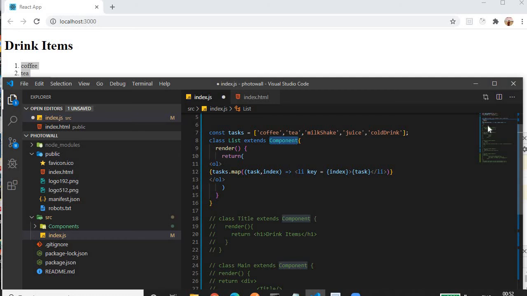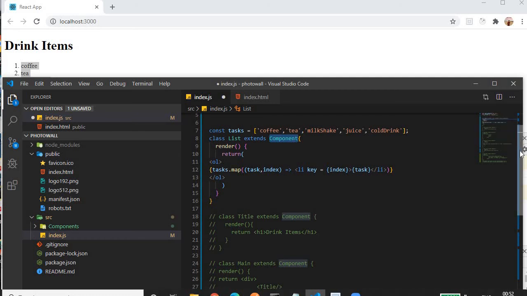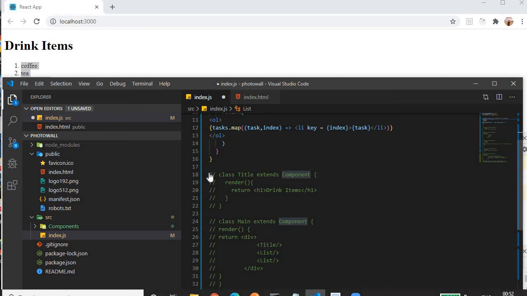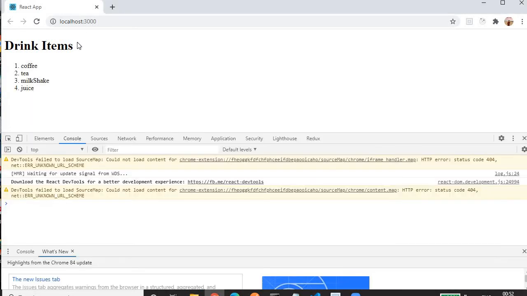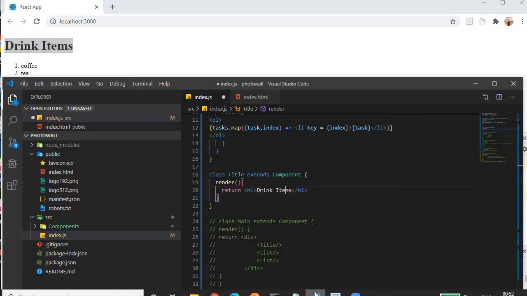Okay, likewise we have another class, Title. Whatever class we create, you have to extend Component so that the class will be converted into a component. Then we have to override the render method. In that render method we are creating a normal h1 element with some text. For this I am creating a different component, the Title component. Then we have to return that using the return statement. That's it.